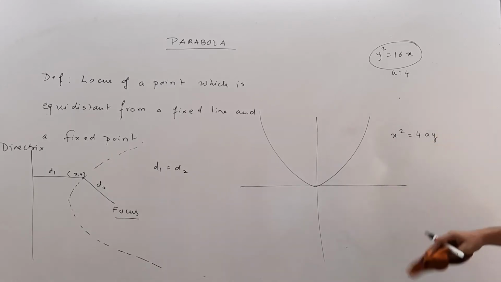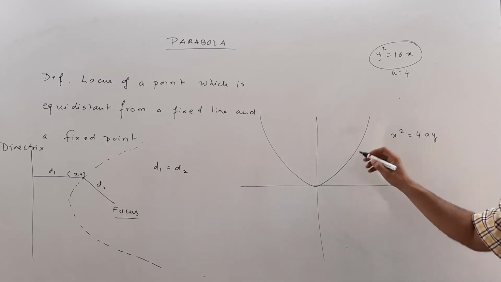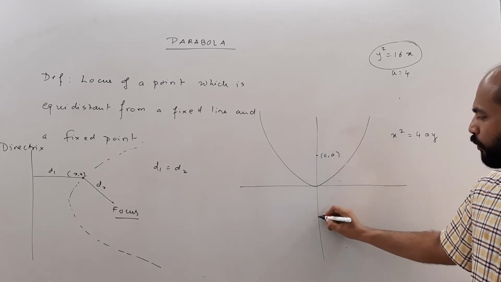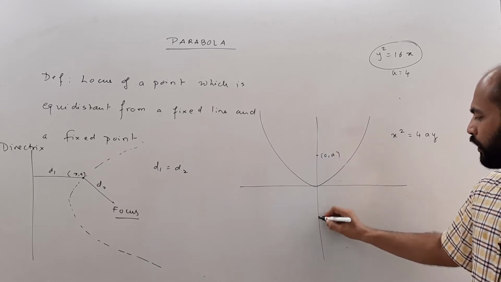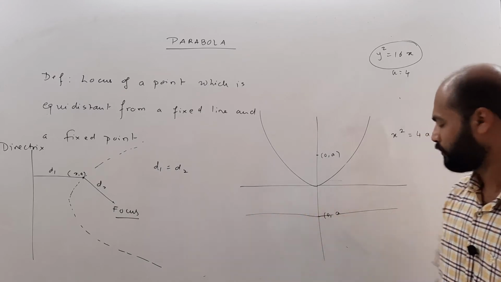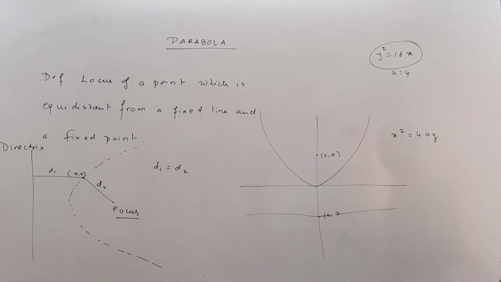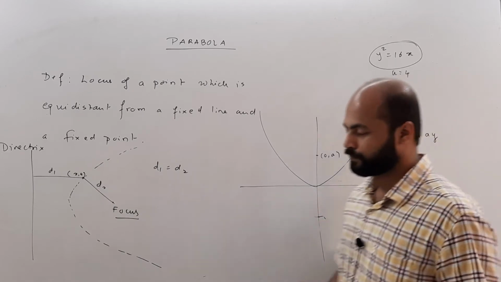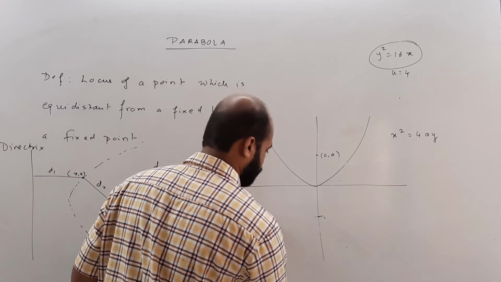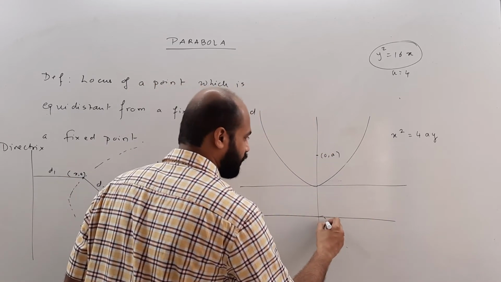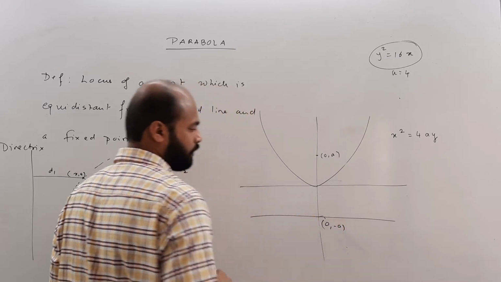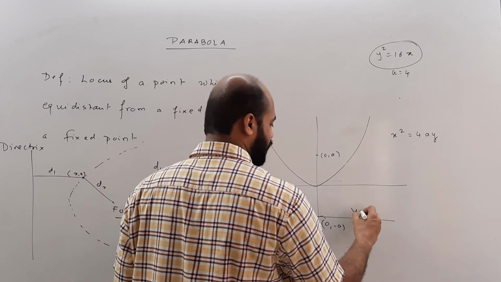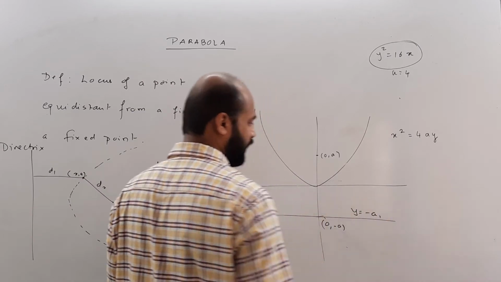Now let us try and find all the given details with regards to this particular parabola. So obviously here the point is going to be 0 comma a, and this point is going to be 0 comma minus a. So the directrix of this parabola will be something like this. Let me draw it properly. So this is the directrix of the parabola given 0 comma minus a, and this distance is going to be a. So I can write this as y is equal to minus a. This is the equation of directrix.